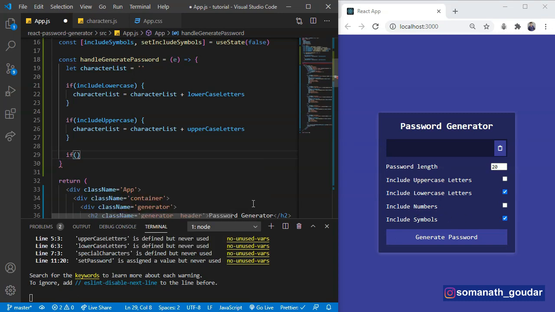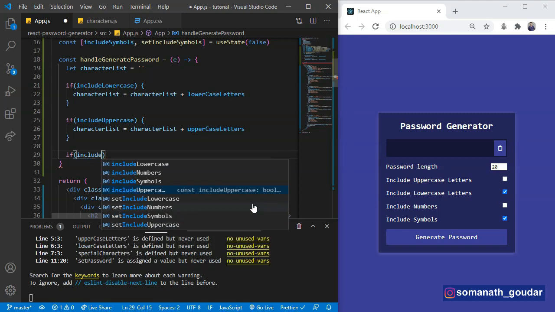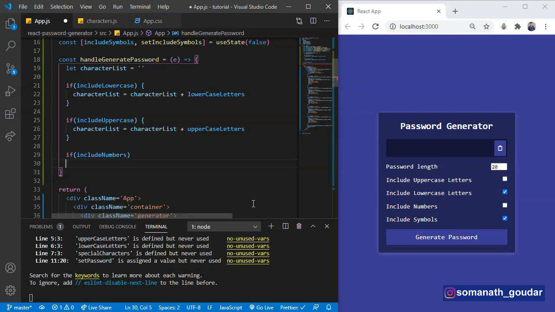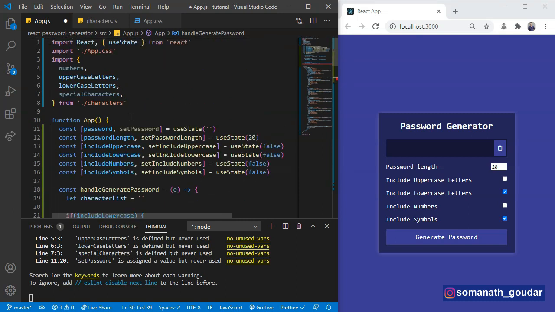If there is include numbers, we are going to say character list is equal to character list plus these numbers.